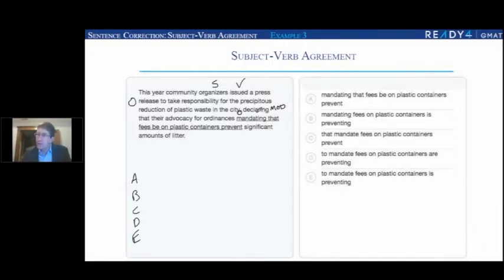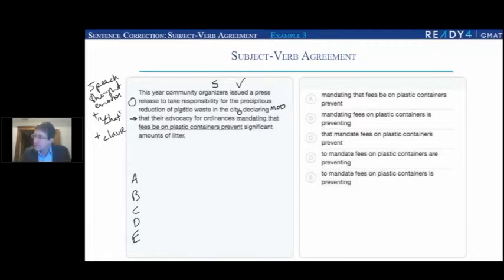Then any kind of word of speech, a thought, or emotion must be followed by the word that. Okay? So speech, thought, or emotion, you must have that. So declaring is definitely a type of speech. All right. So then after that, you need to have another clause. So this is the purpose of the word that, is to introduce another clause. And a clause by definition has a subject and a verb.